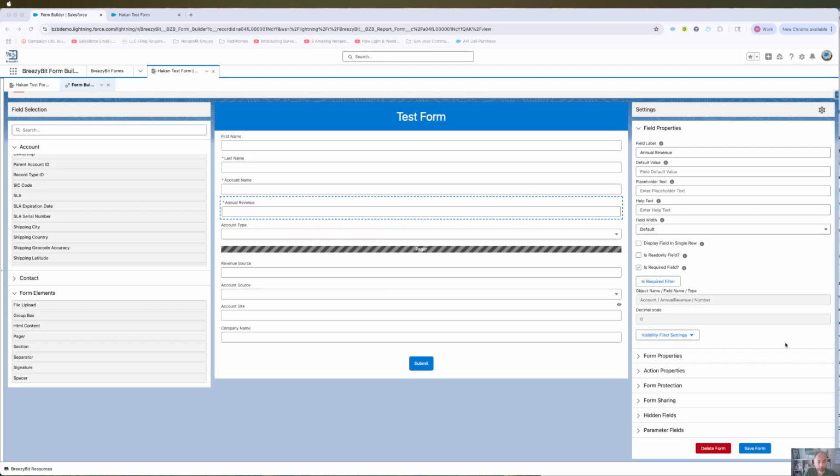Hi everyone, in this video I'm going to show you how quickly and very easily you can use smart labels in your BreezyBit forms. What I mean by a smart label. So imagine you have this form, I have this test form, and I have a couple of questions in this form,